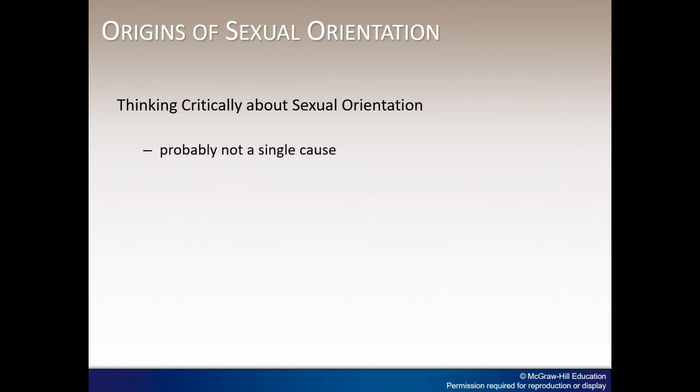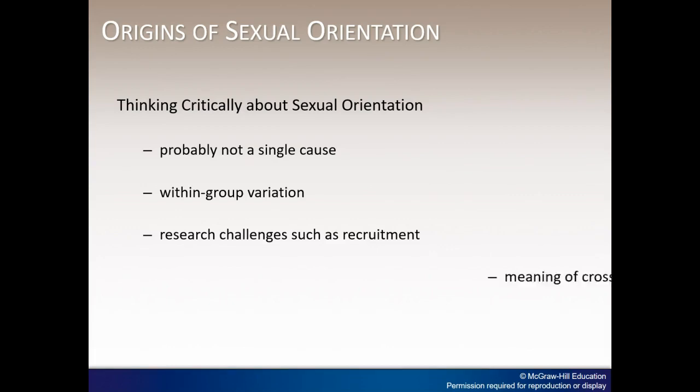has challenges in terms of representativeness in samples because not everyone is going to be open about their sexual identity or orientation. The meaning of cross-sex similarities also plays a role. And then also explaining sexual orientation does not mean explaining only homosexuality. A good theory should explain how any of us become sexually oriented towards a particular sex.